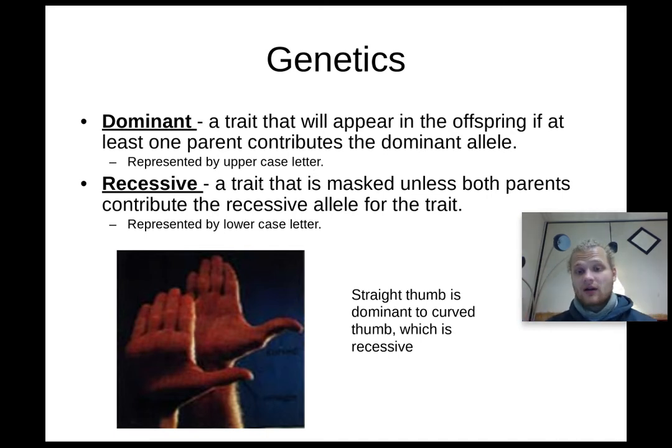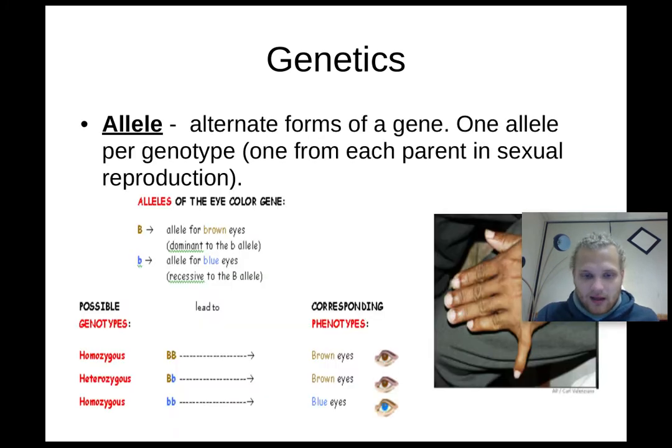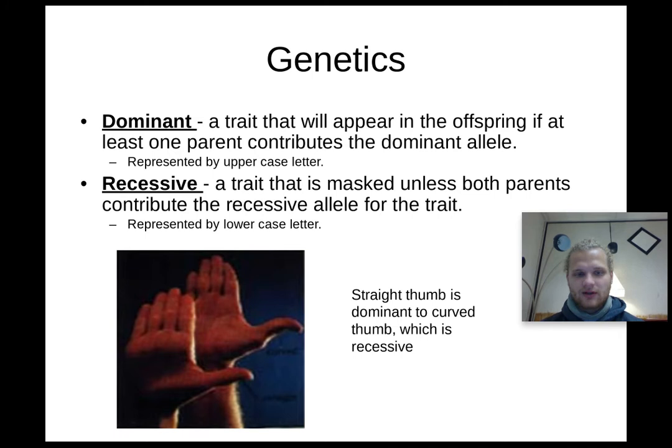A recessive trait is a trait marked or masked; usually both parents contribute a recessive allele to the trait. So the recessive is going to be masked. Basically it's not going to show up unless both parents give recessive, because you get one from each parent, right? So you get one that is lowercase b from mom and you get the other lowercase b from dad. So just keep in mind that you get one allele from each parent. We're going to practice this a bunch, so don't worry too much about it. But dominant, they're always going to win the tiebreaker.